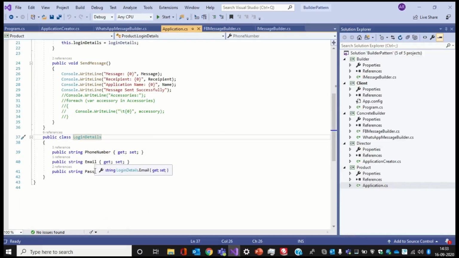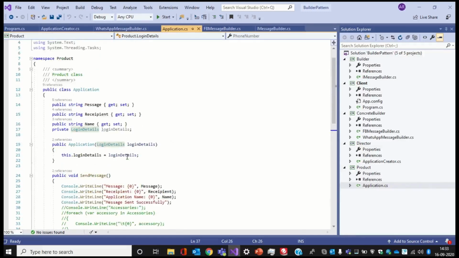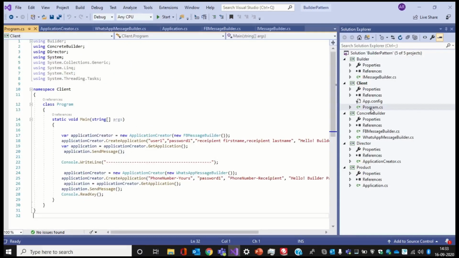We will see the client representation. Here we are creating an application creator object for both the Facebook and WhatsApp message builder classes.